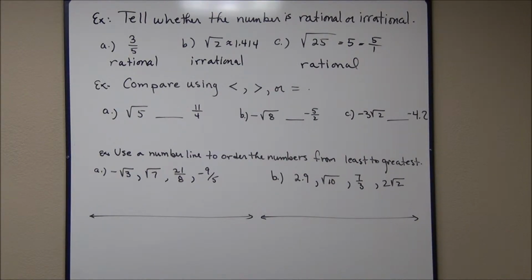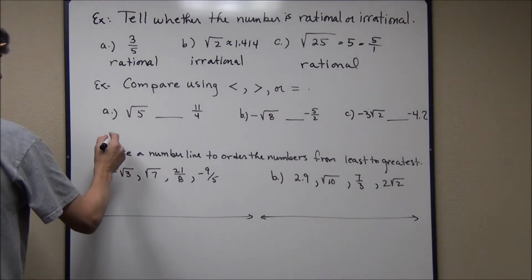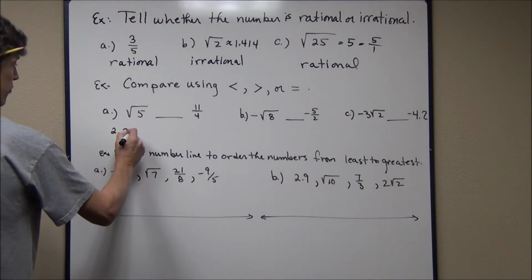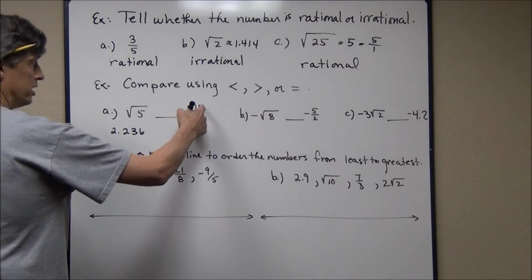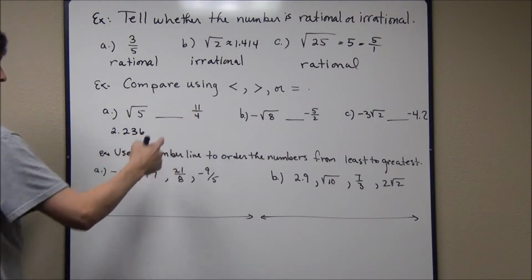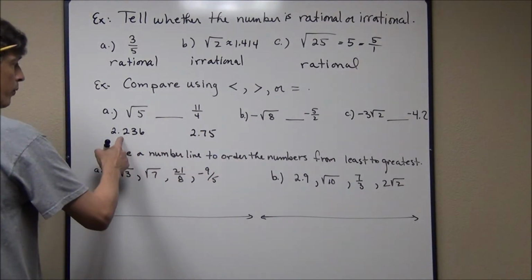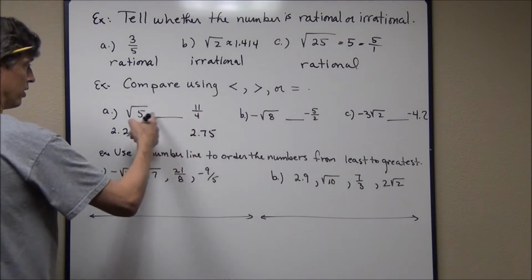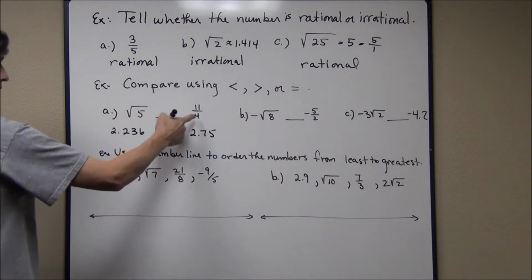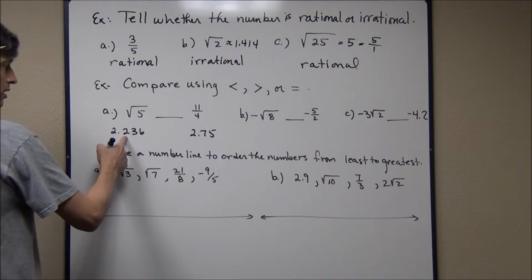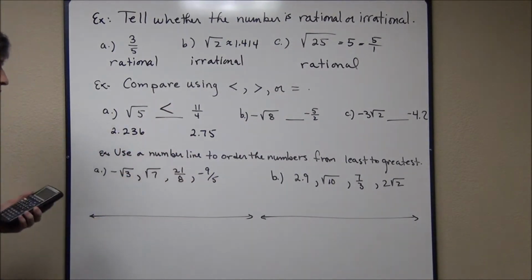Now to work the next couple of problems out, you really need to have your calculator close by. So I grab my calculator here, I punch it on, and I'm going to take the square root of 5. Now we had this written down before. This is approximately 2.236. And of course this is 11 divided by 4. If I divide 4 into 11 on my calculator, I get 2.75. We can compare decimal places much easier than looking at these numbers written in this form. This one is irrational, this is rational. But I can see that this is smaller than that, so I'm going to compare it with a less than